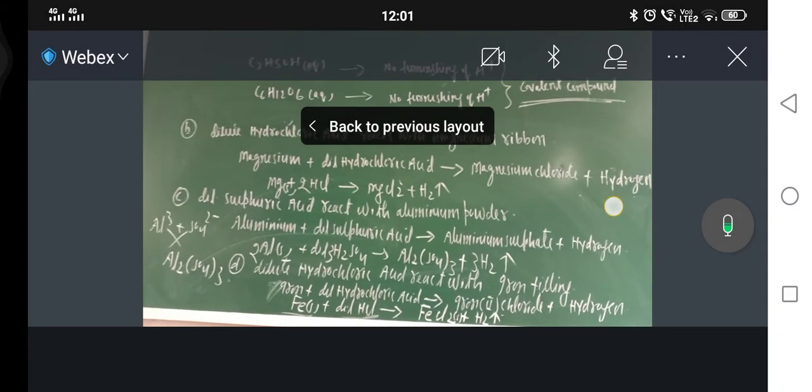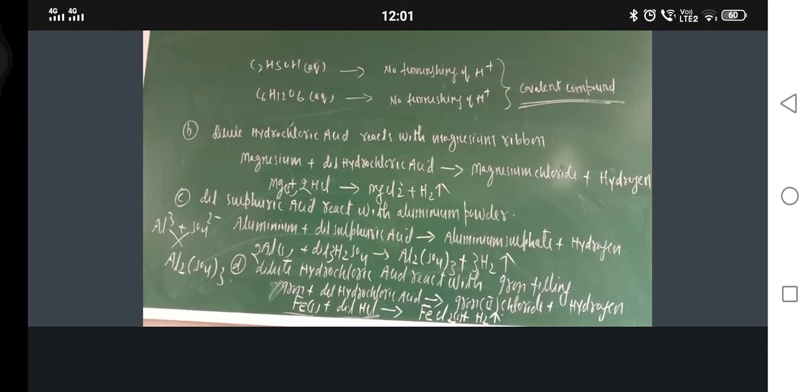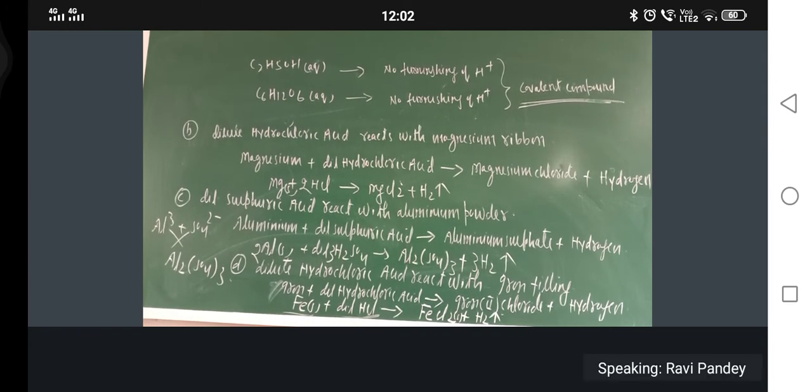Okay. So just see, even in the PT2 first question I have given you, or not? Dry litmus paper does not change its color. Wet litmus paper only changes its color, because when the litmus is wet, then only ionization of acid will take place. Okay. So what we can say? What is the role of water?